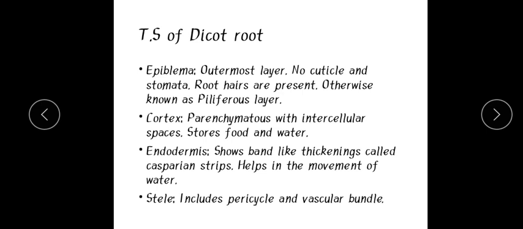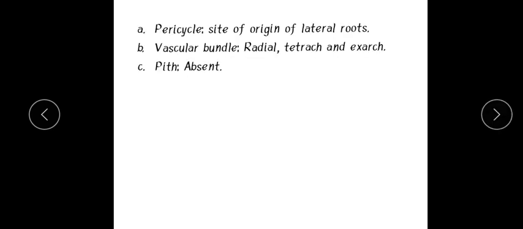Okay, let's see what is the role of this pericycle. Pericycle is present just a layer below the endodermis. It is the origin where lateral roots arise. That's the only function of pericycle. Okay, next one is going to be the vascular bundle. I repeat once again, stele comprises of pericycle and the vascular bundle. Vascular bundle is going to be xylem and phloem. So I am naming this area as pericycle, and xylem and phloem together is going to be the stele area.